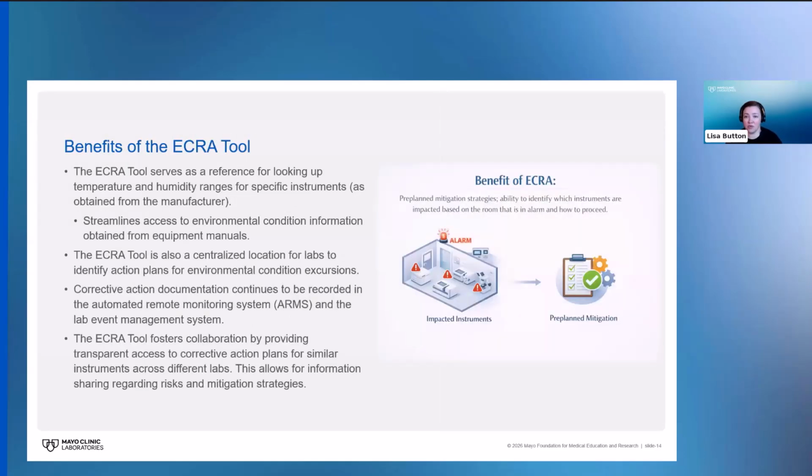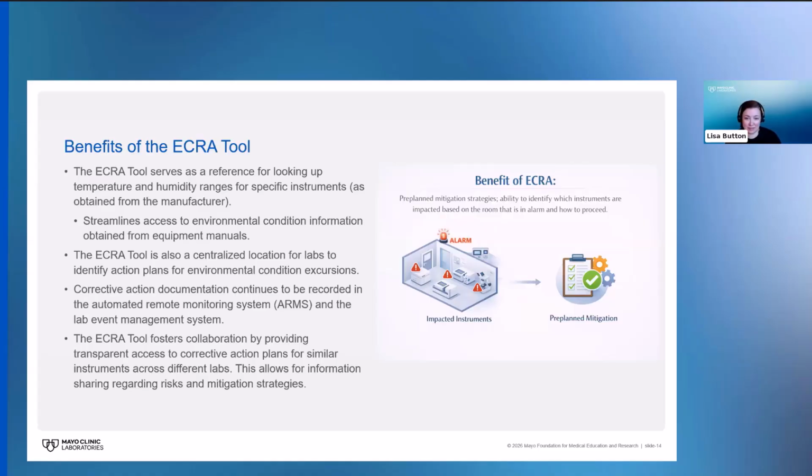Some of the benefits that we've realized from the ECRA tool include that it is serving as a reference for looking up temperature and humidity ranges for specific instruments. And it streamlines access to environmental condition information obtained from multiple different equipment or instrument manuals. We don't have to put ourselves in that position again if we were to get into a high temperature, high humidity, low temperature, low humidity situation again, where we have to find all of the manuals, read all of the manuals, and then assess what to do. We've already done it. Our labs are slowly rolling through this as they have time so that it's not